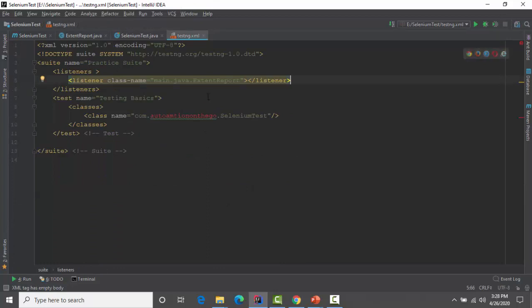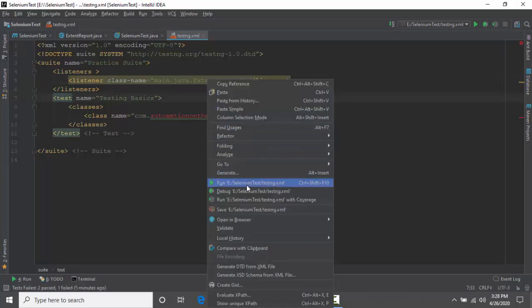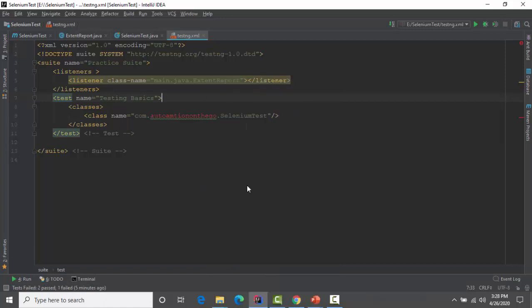So first of all I will run it from testng.xml. So I'll just click on run testng.xml.